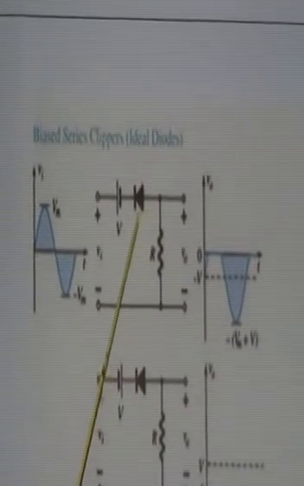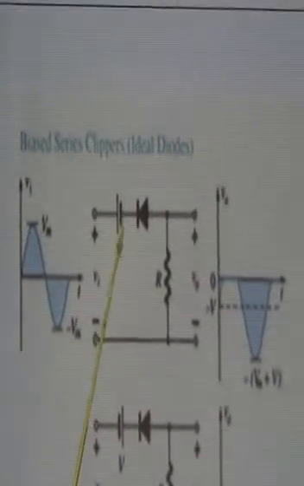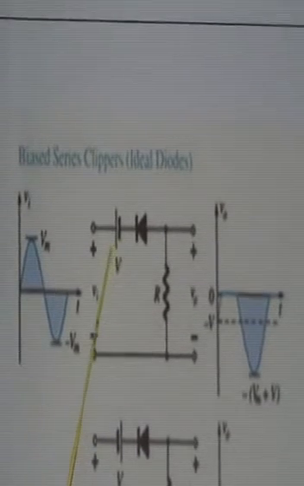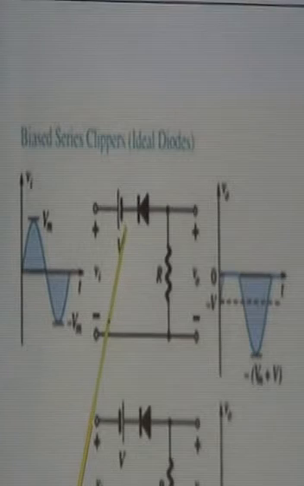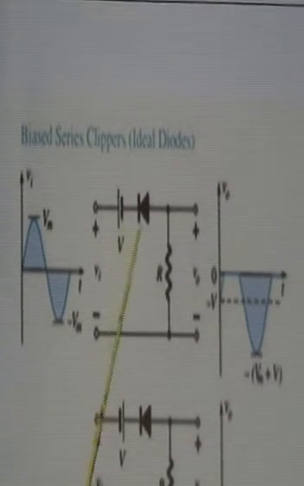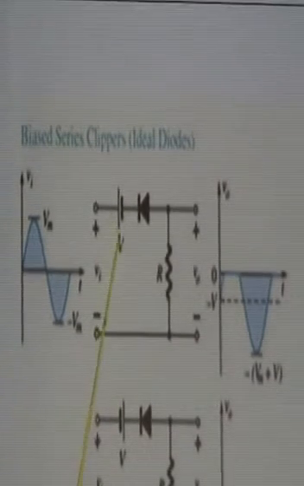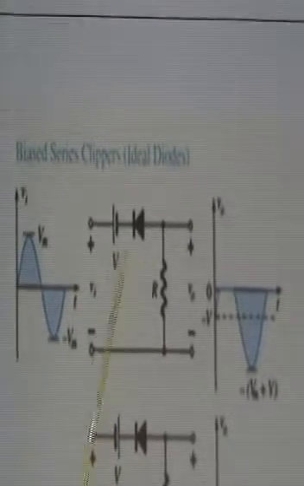So this is the P terminal, this is the N terminal, this is the negative terminal of the battery, and this is the positive terminal. So that means N is attached with the negative. Now the diode is in forward bias condition, which means that this battery supports the conduction of the diode.